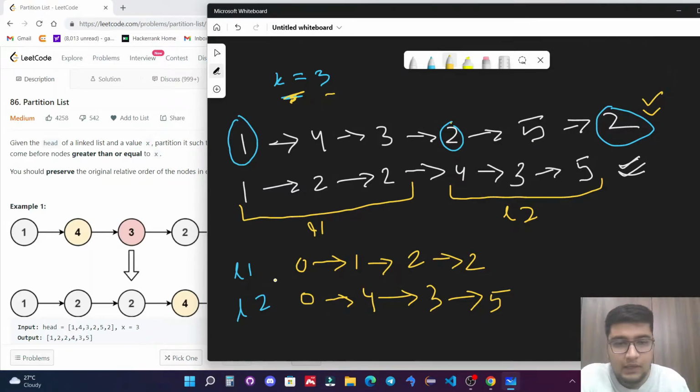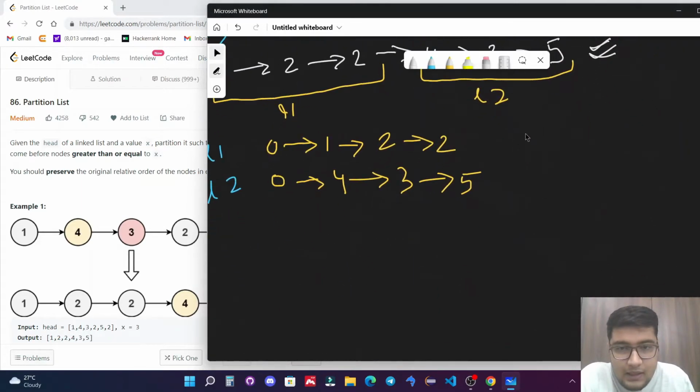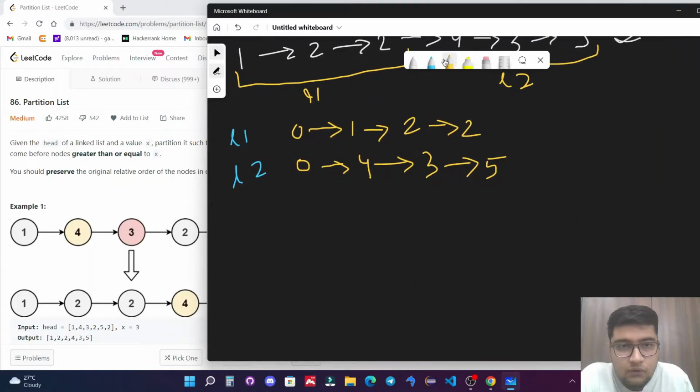Or we need to link both the linked lists. So for this, let's see, this is the linked list, right? This is L1 and L2. So for this we just need to link this 2 to 4, right? We just need to link this, and this 5 next must be null, right? These two steps we need to perform, and we will be just returning this node,